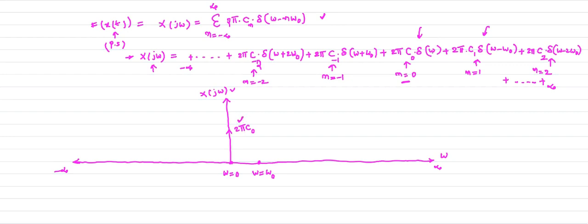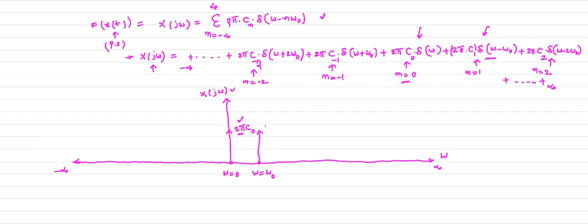Therefore the weight associated with delta of omega is 2 pi into C naught. And coming to the next, delta of omega minus omega naught is the shifted version of delta of omega, defined only at omega equal to omega naught. Already you know this concept. So at omega naught, what is the weight associated with delta of omega minus omega naught? It is 2 pi times